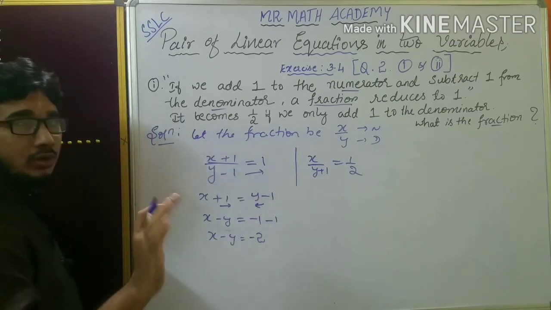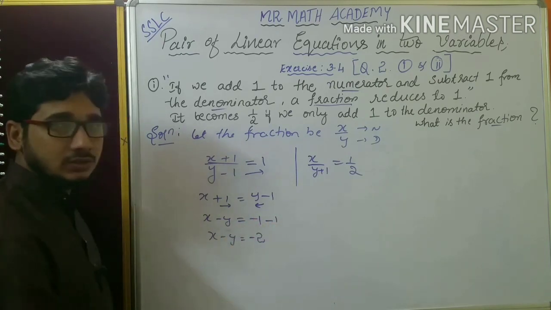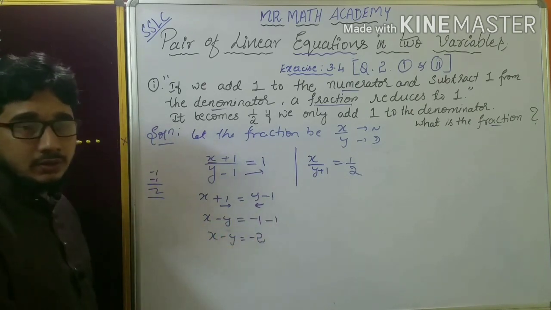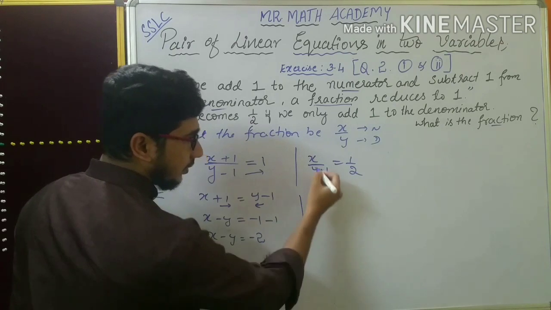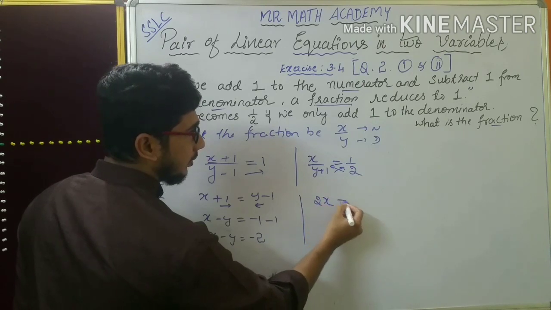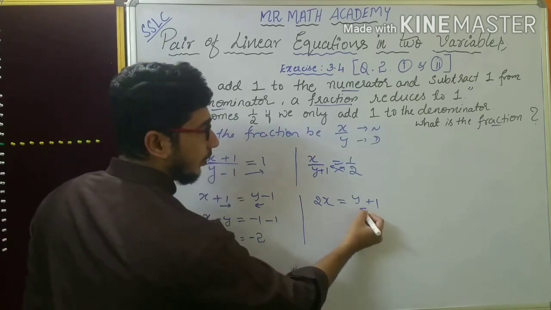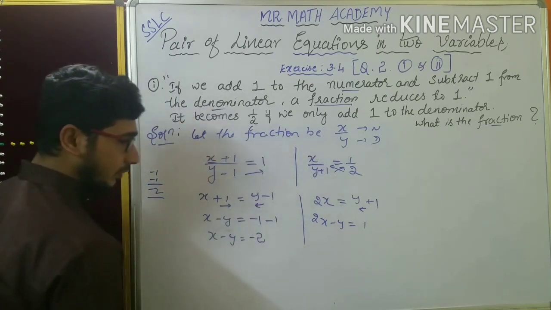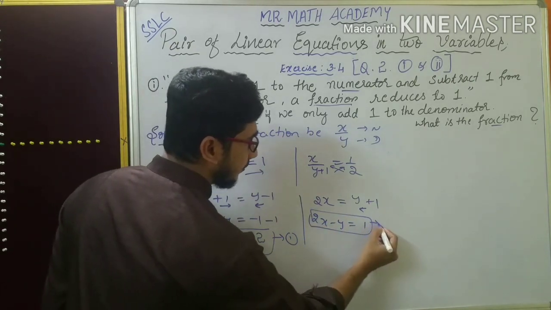Totally minus 2. You should not say here minus into minus plus. Almost all the students will say minus into minus plus. It's not like that. When you see minus 1 minus 1, it is minus 2. There is no multiplication in between. Okay, this is x minus y is equal to minus 2. Again continue with this. Just cross multiply here. 2 into x, 2x. If you multiply this one by 1, you will get the same thing. Take y to the LHS, it will become 2x minus y, which is equal to 1. Consider this as equation 1 and this as equation 2.